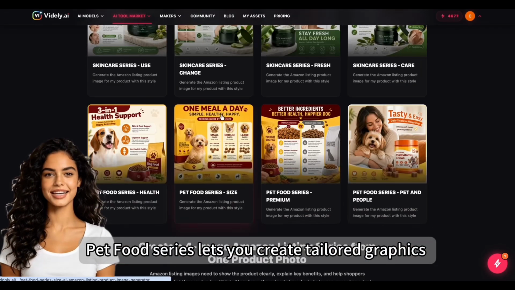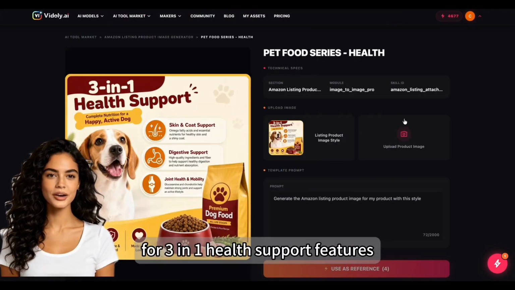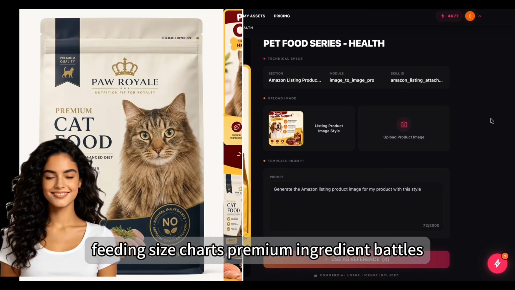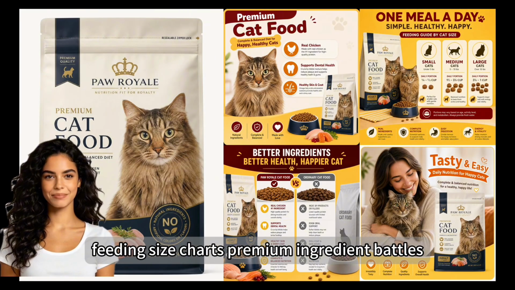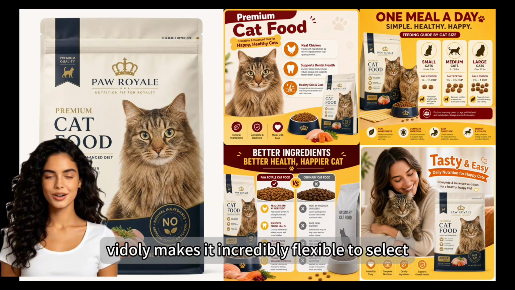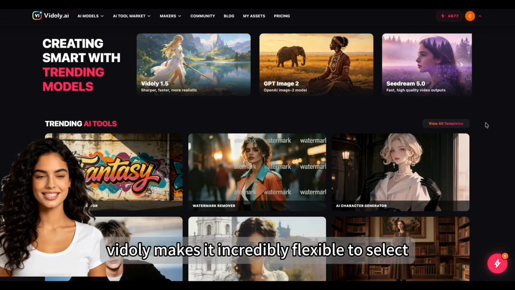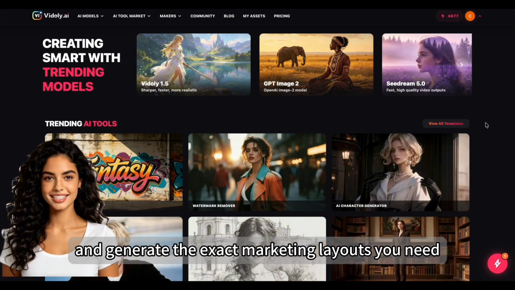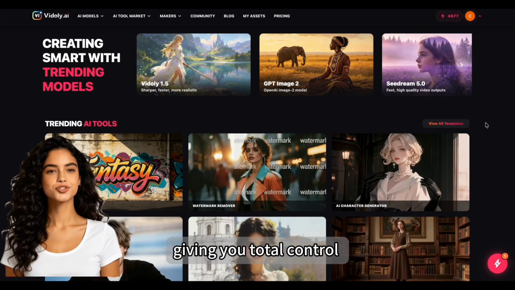Pet Food series lets you create tailored graphics for 3-in-1 health support features, feeding size charts, premium ingredient battles, or heartwarming pet and owner interaction scenes. Vidoly makes it incredibly flexible to select and generate the exact marketing layouts you need, giving you total control over